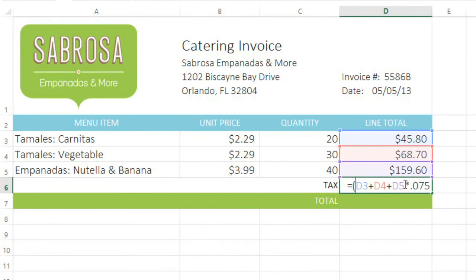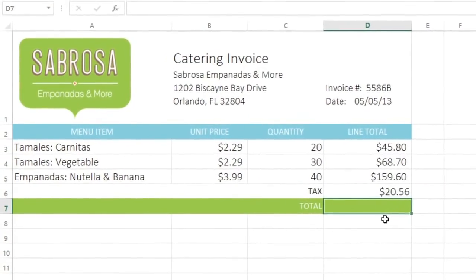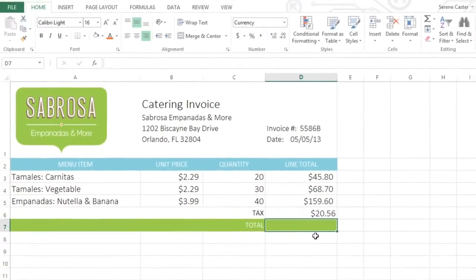Parentheses are often the best way of controlling which parts of the formula are calculated first. And when this formula is calculated, we can see that the answer is $20.56. So whenever you're doing a complex formula, just remember to follow the order of operations. Then you'll get the correct